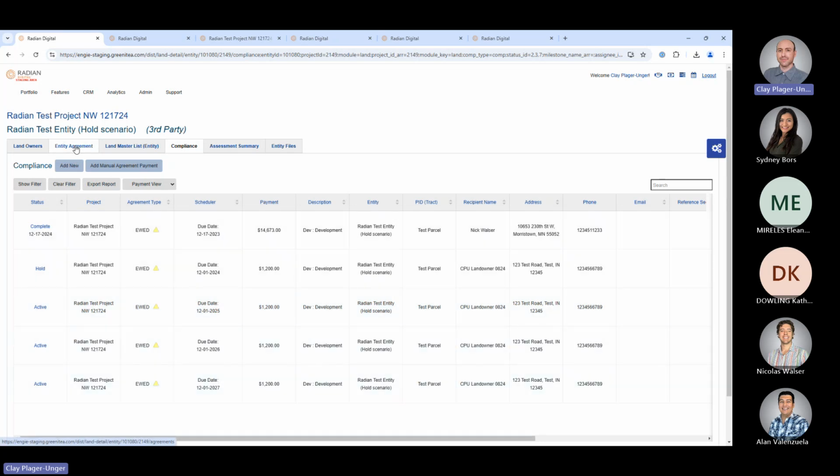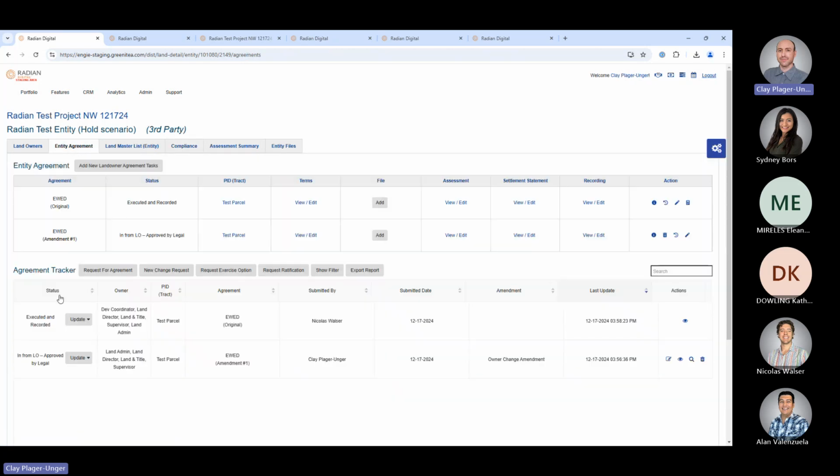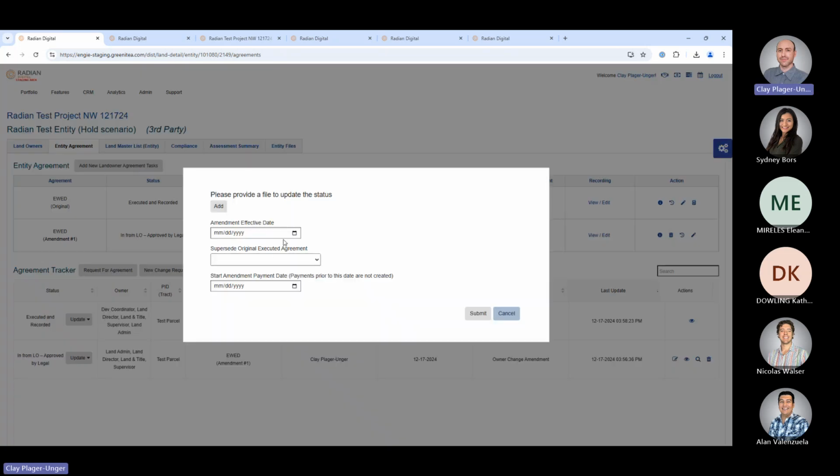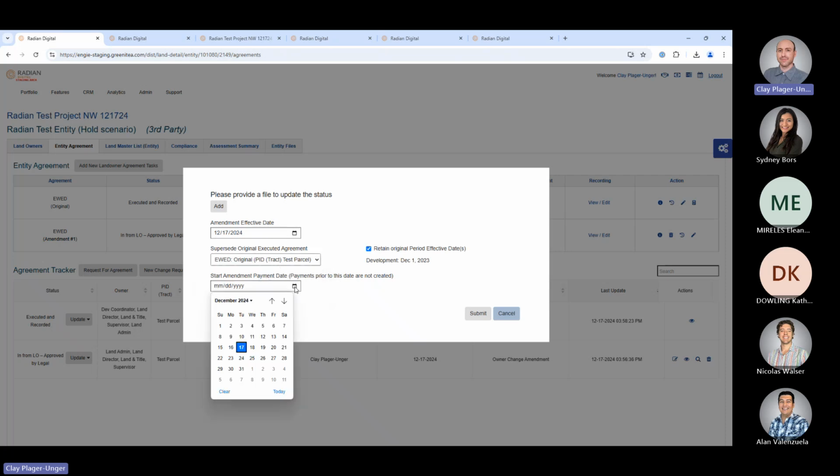Nora, you have amendment number 1 ready to be executed here. You're going to go to executed, and let's say you're executing this today. It got signed today, and we're going to supersede the prior agreement. Typically, you're going to select the same date as the